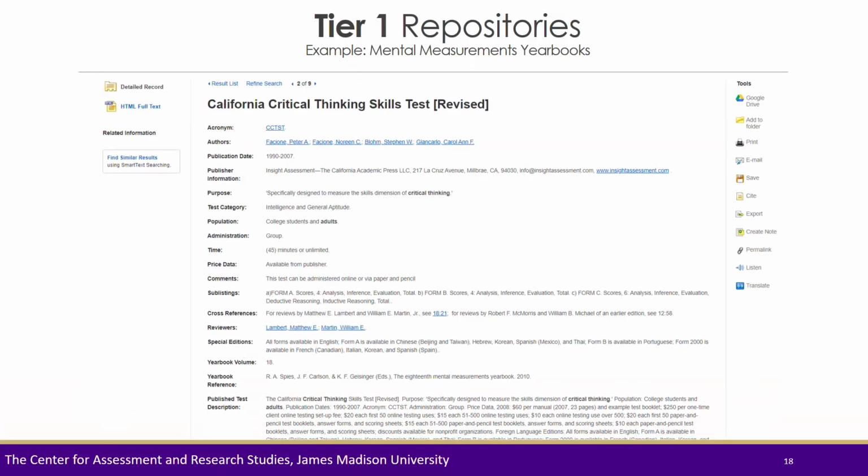When you click on the test name, the link will take you to a page that details the test information: authors, publication date, purpose, test category, population, administration time, reviewers, yearbook volume, etc. You may notice that these were the field search options that we chose from earlier. Remember to utilize this neat feature when searching this repository. Scrolling down,